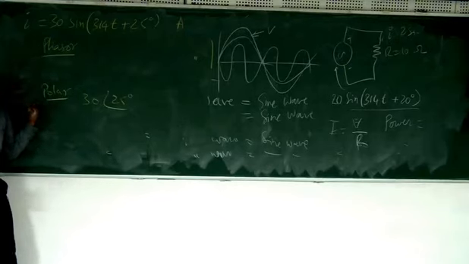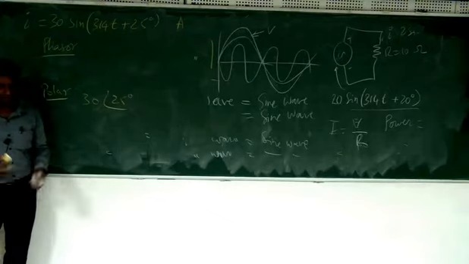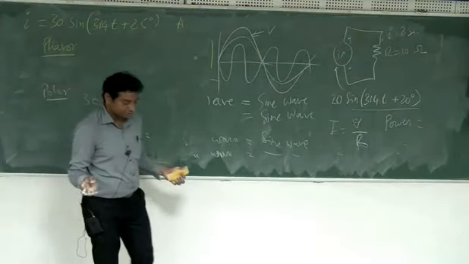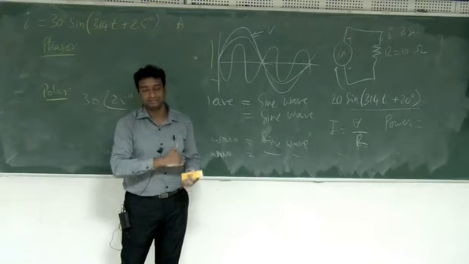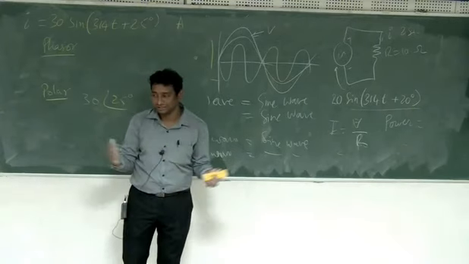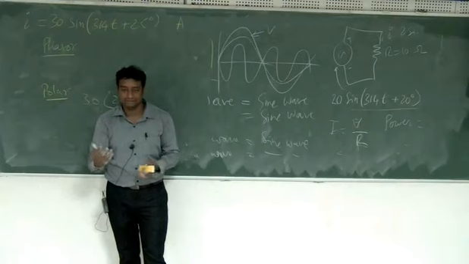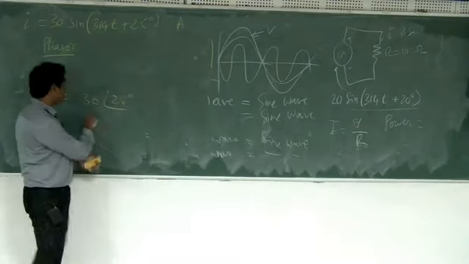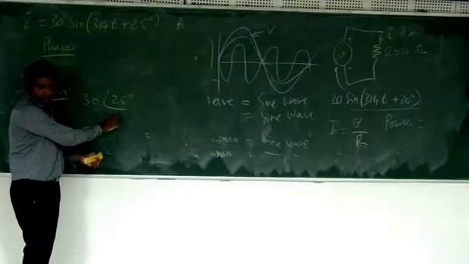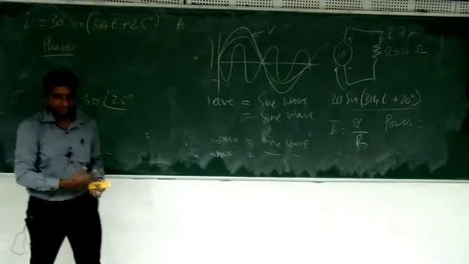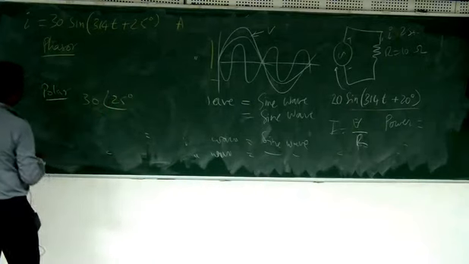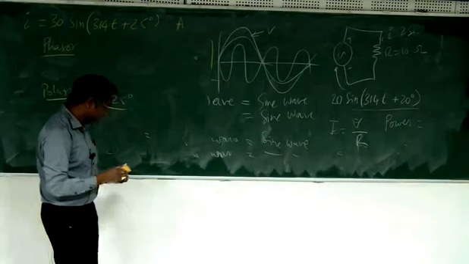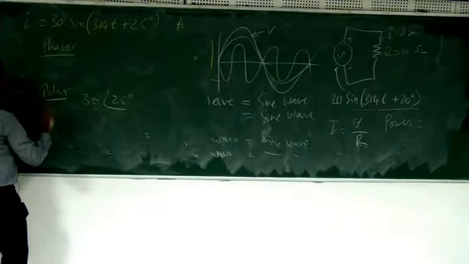This is a polar form of representation. Just a shortcut. Because in all my circuit, the frequency is the same. Like if there are 10 voltages and 40 currents, all of them have the same frequency. Every time I don't want to write down the frequency also. I'll just write down the amplitude and the phase. This is the only useful information. But strictly speaking, this should not be 30, this should be 30 by root 2. We'll come to that later, something called RMS value. But for the time being, this is polar.